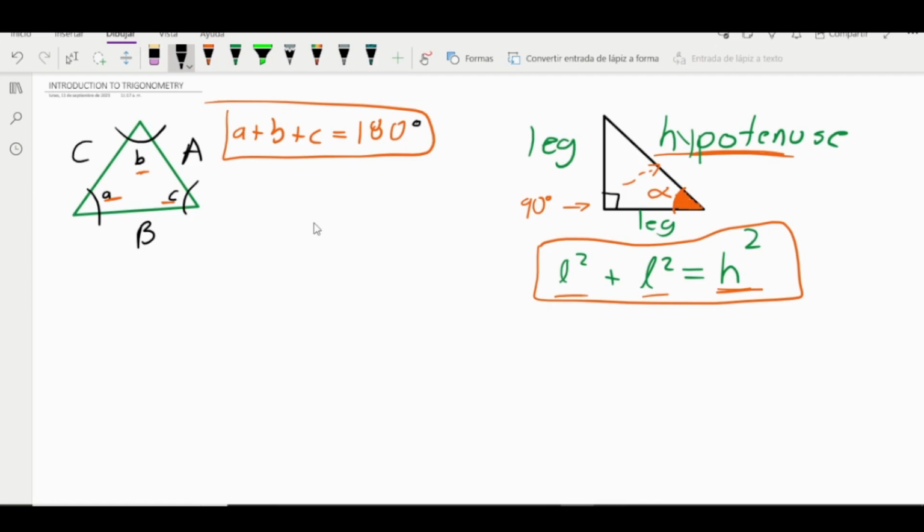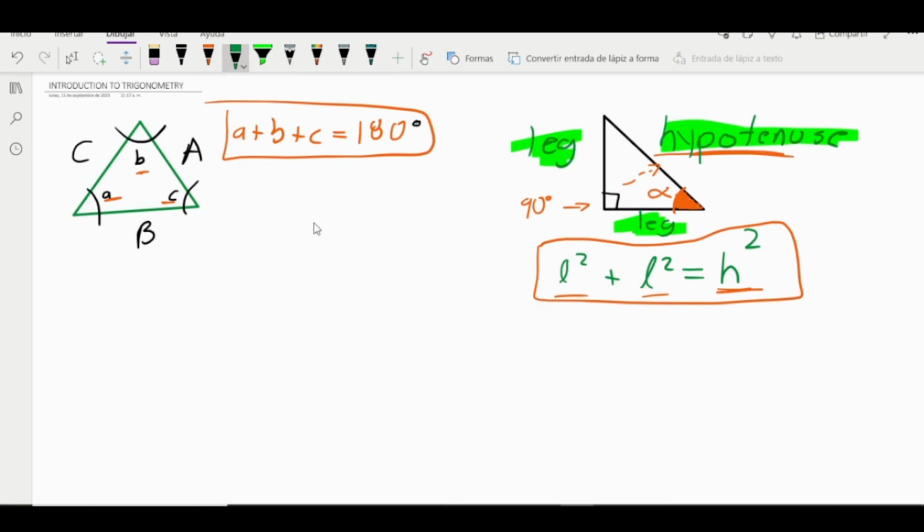And now we have another kind of triangle that is very, very important. We have the right triangle, or the triangle with a 90 degree angle, like this one. Here you can see that we have different names for the sides of the triangle. We have the legs and also the hypotenuse. If we combine this, we can apply one of the most important theorems in trigonometry,